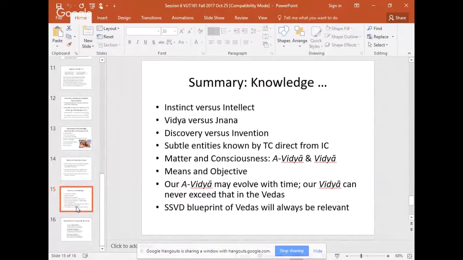So that brings us to the end of the session. The summary is about the knowledge. We have discussed various aspects of it. Other species are strong in instinct. They have almost no intellect. We are weak in instinct, but we have a strong, powerful intellect. Also discussed: Vidya is infinite. It exists